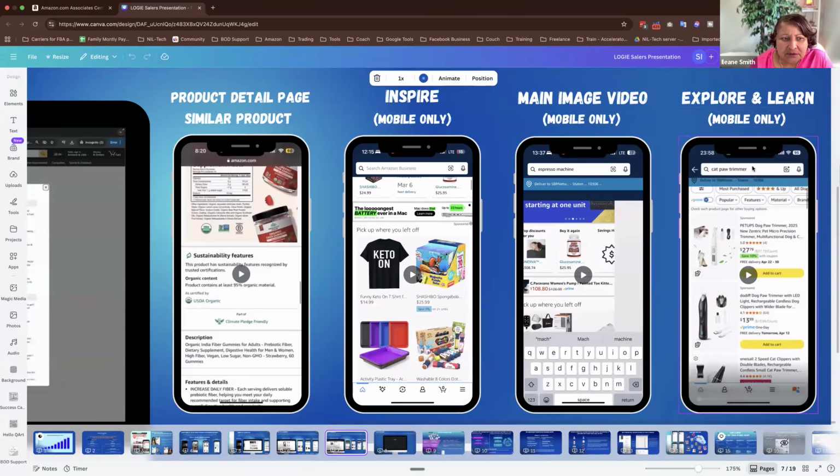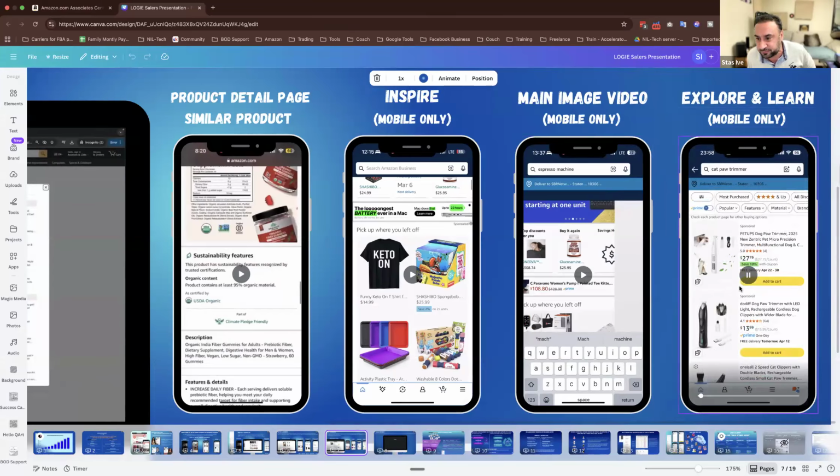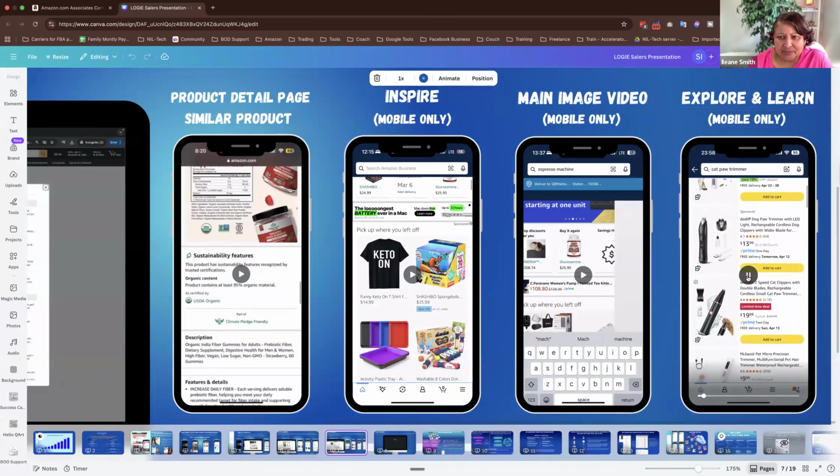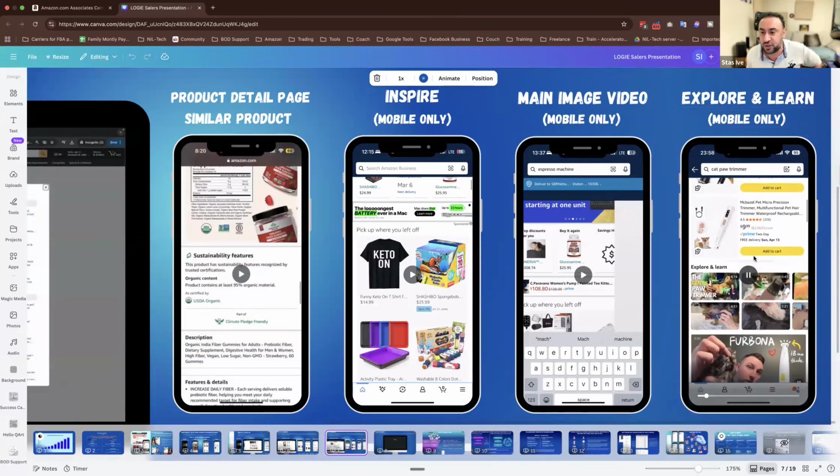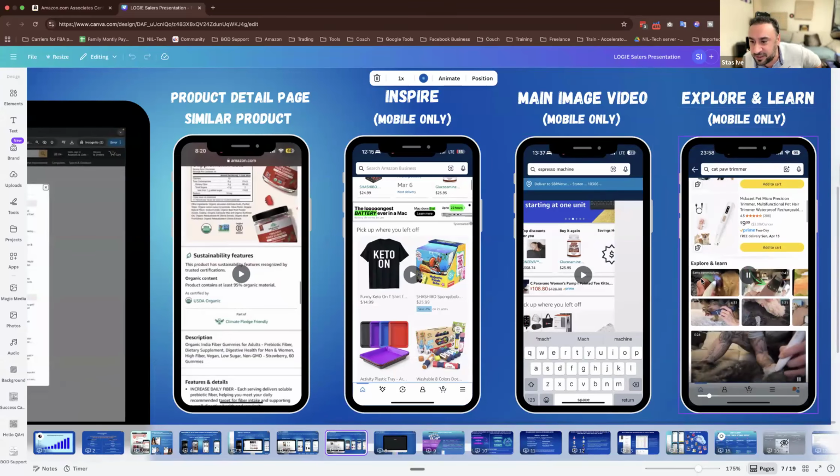Which one? Explore this one, the right one. I gotta turn this. Okay. This is advertising, sports and placements. And if you scroll down, you're gonna see, I was looking for a cat paw trimmer, and you're gonna see